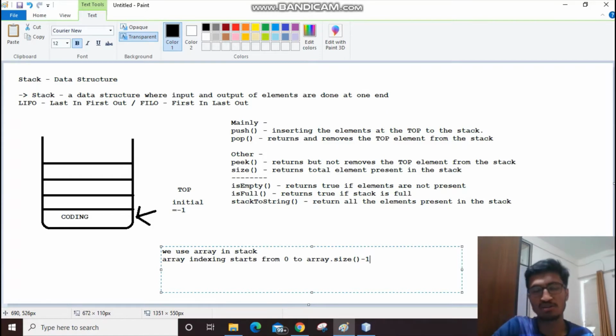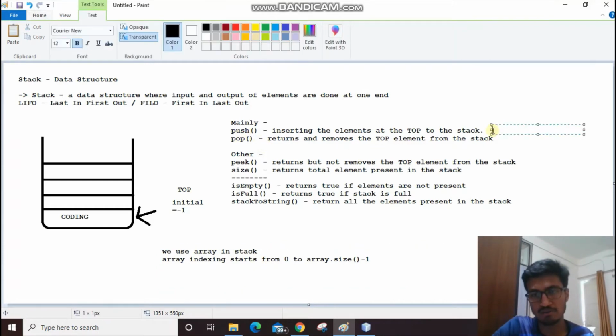So we will start the top from 0, and it will go till array dot size -1. So we know the constraint, the limit which we will be using inside the stack also. Currently, in the push method, I have to increase the top. If top is initially -1, then for any element to get inserted, I have to increase it first. So let's say ++top.